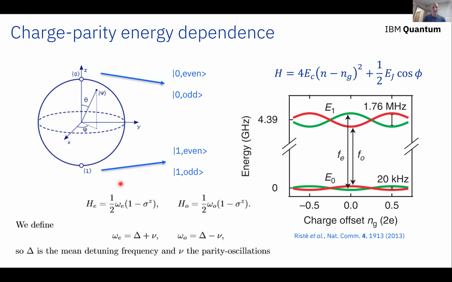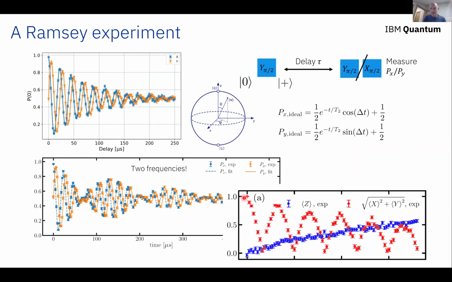which means in approximately one half of the experimental shots, the qubit will have an omega even frequency, which is slightly higher by a quantity nu than the other half of the shots, in which we have omega odd, of course even and odd are arbitrary labels, with a frequency which is minus nu. The mean frequency is delta, the detuning error that we have. And then this causes these oscillations in the measured